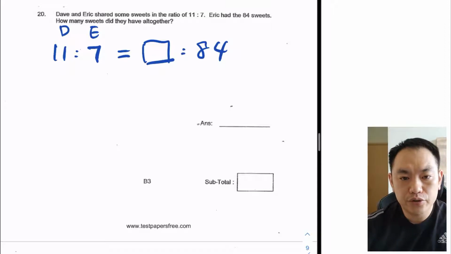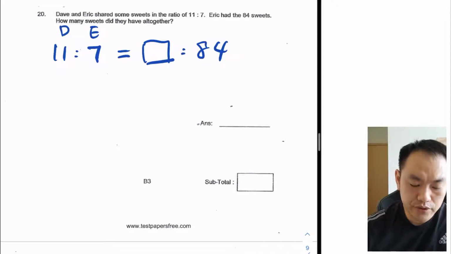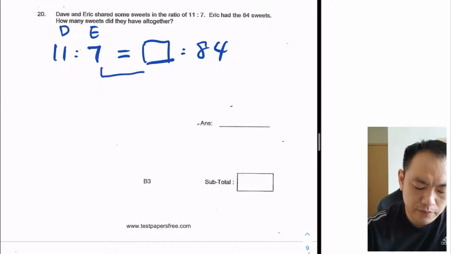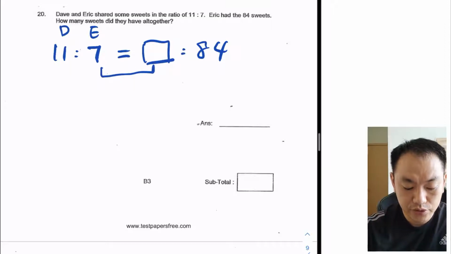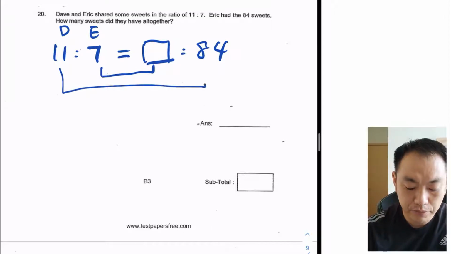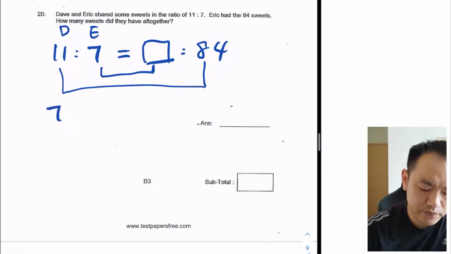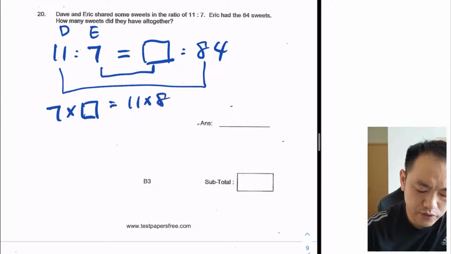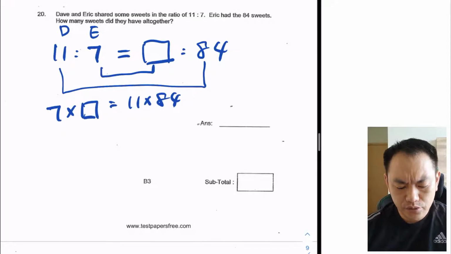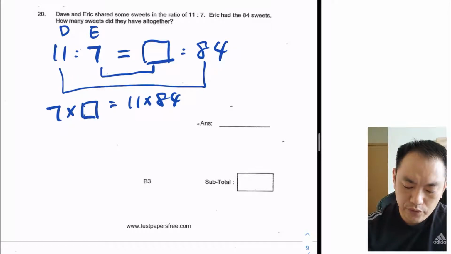Okay, so how do you do a calculation of ratios? Basically, the product of the inner two numbers will be the same as the product of the numbers on the outside. So 7 times square equals 11 times 84. So 84 times 11,